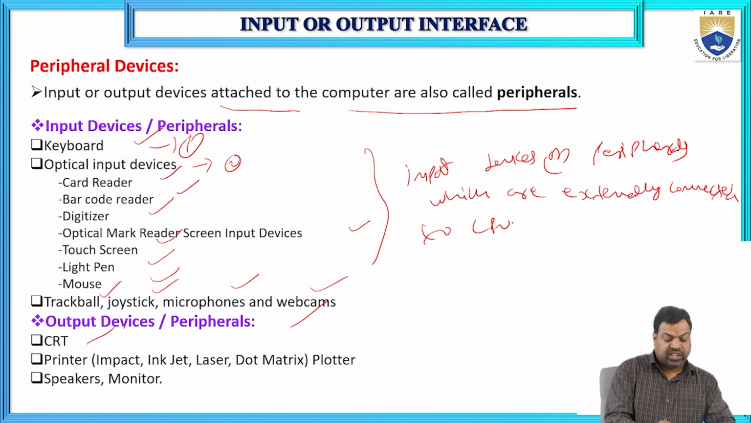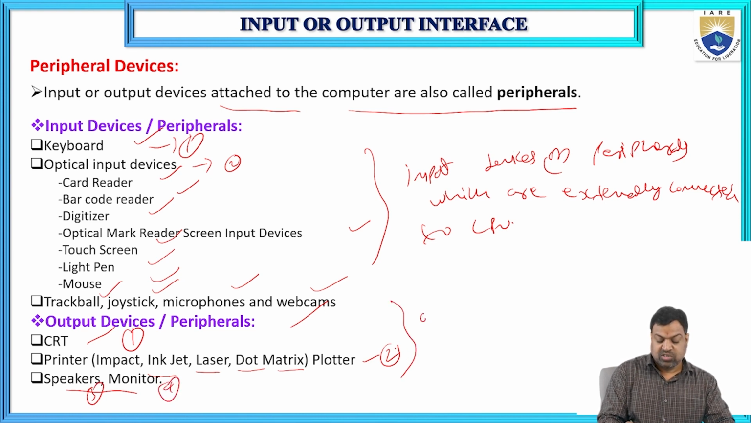And what are the output devices? So CRT, cathode ray tube, and printers. In the printer, impact, inkjet, laser, matrix. There are different types of printers, but finally we are calling it a printer. And CRT, speaker and monitor. So third one is speaker and fourth monitor. These are some examples. So these are the output devices or peripherals